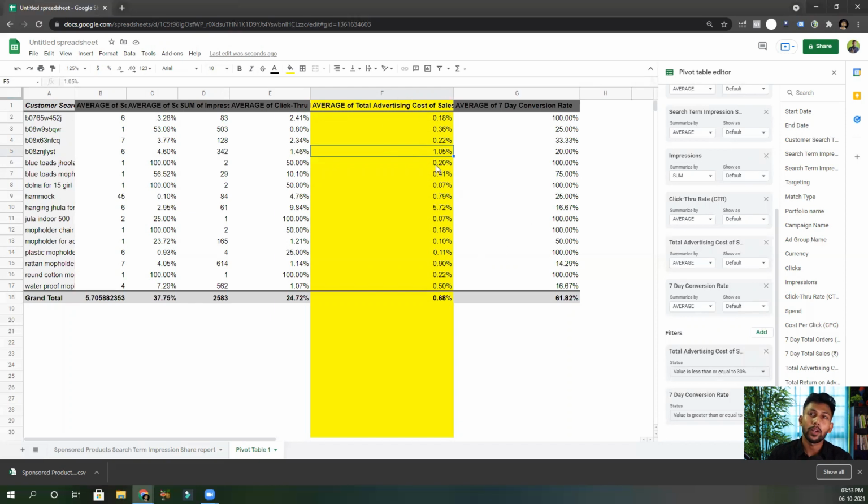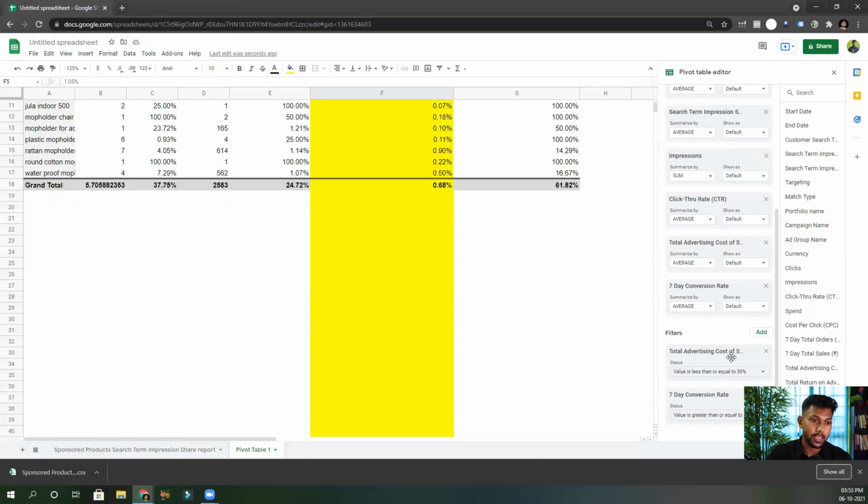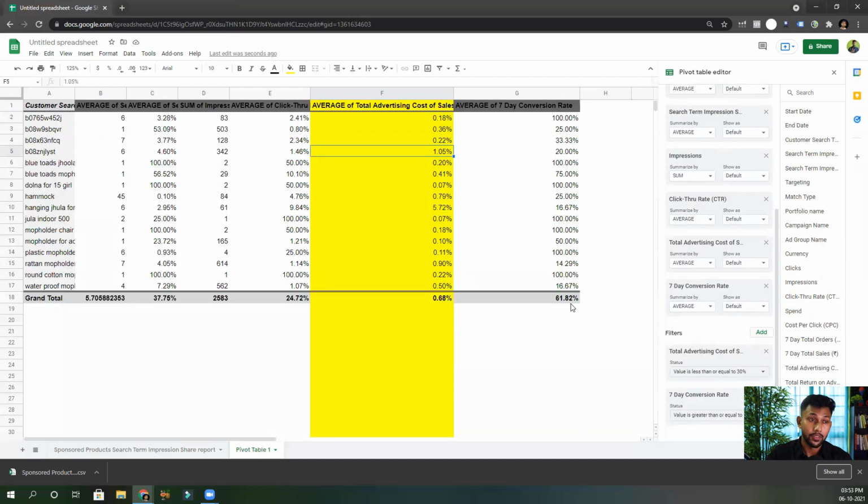Now we have to look at the third thing. Is the rank already good or can we improve on that? As I have said, if it is between 1 to 3, then there is no need to improve that. If it is higher than 3, like this one, you can see 45, where I'm just getting 0.10% of the impression, still I am profitable. So if I can push the impression share to 100%, I will be super profitable.